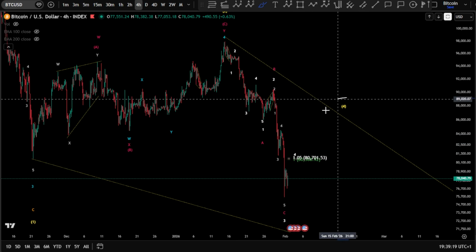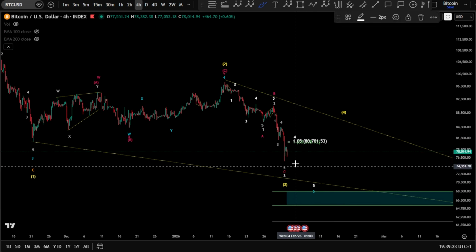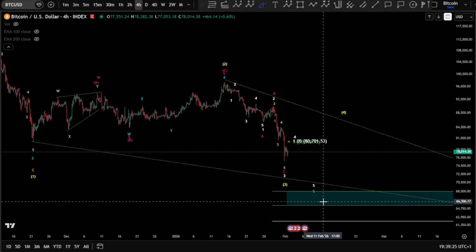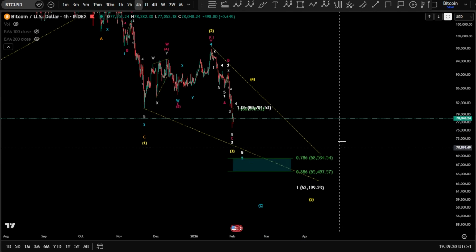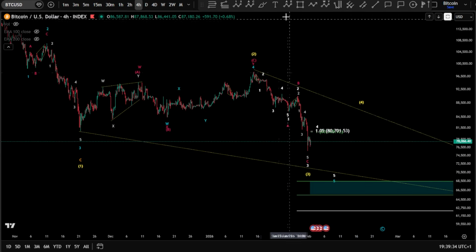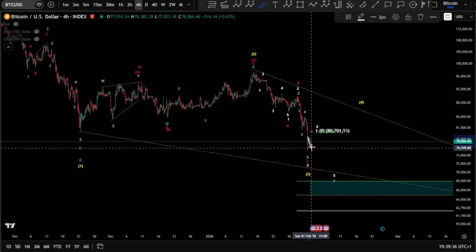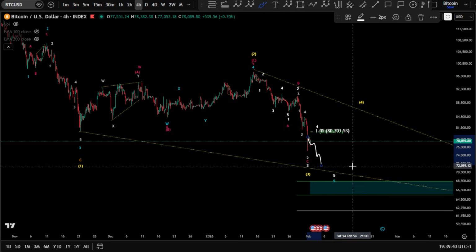If higher, okay, wave 4. If lower, we're still looking for something impulsive that might be a little bit extended, so we gotta be careful. The target might be, in case we drop down here, around the 68k, we can reach it, or simply taking the low again over there. What is important is to have a 5-wave impulse for wave 5.